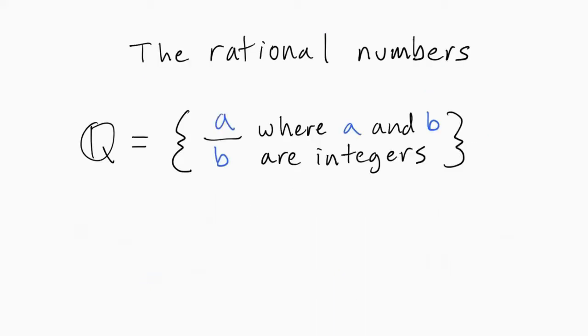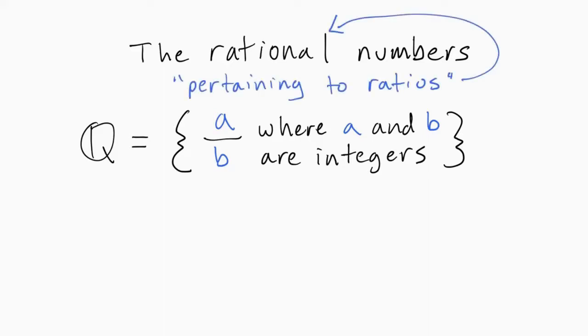This gives us a new number system called the rational numbers, numbers of the form a over b, where a and b are integers. The rational numbers are another of our kind of badly named number systems. The word rational here is literally just the adjective form of ratio. This has the same Latin root as the common English word rational, but this doesn't mean that rational numbers are somehow more pleasing to the rational mind. The rational numbers are represented with a capital Q for quotient, so we should really call them the quotient numbers. That would be less confusing, but we're stuck with rational.